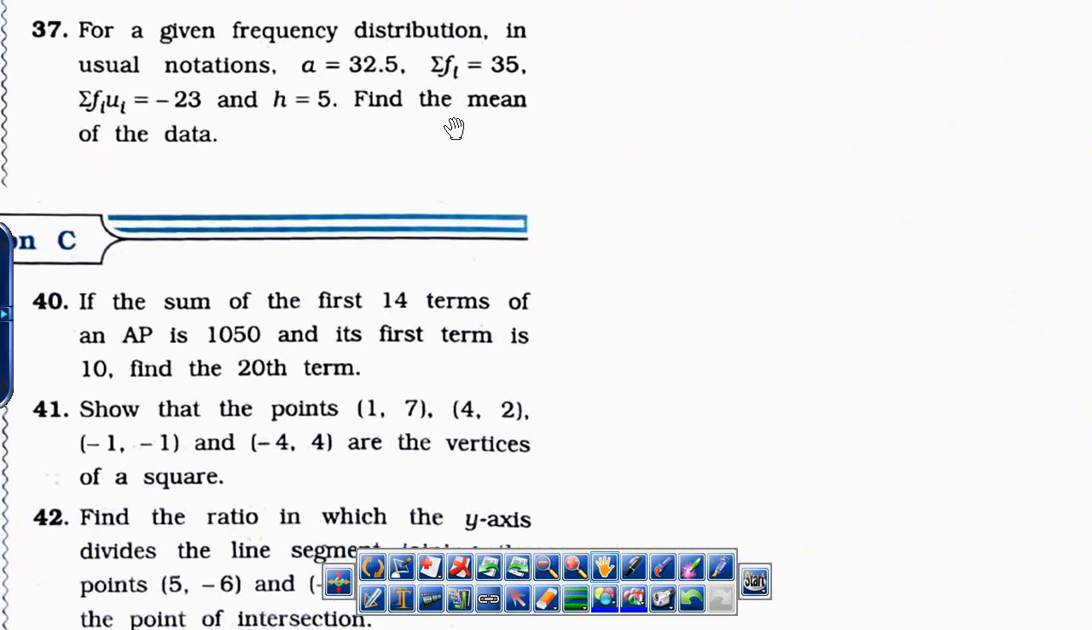Thirty-seventh sum. For a given frequency distribution in usual notations, a given, sigma f, sigma fi ui, h given, find the mean of the data. Super duper easy. All you have to do is apply the third formula, the step deviation formula,